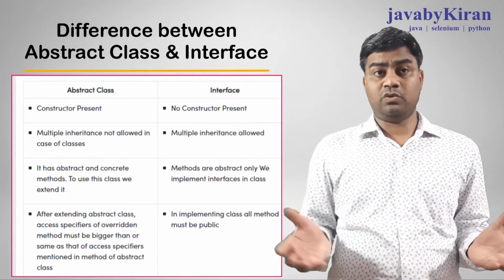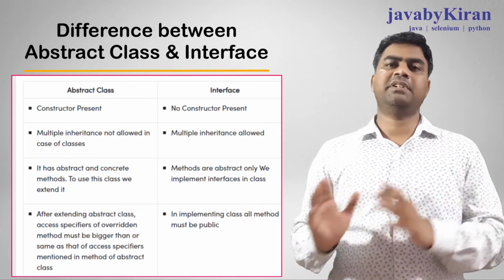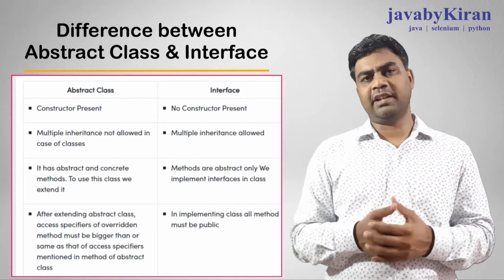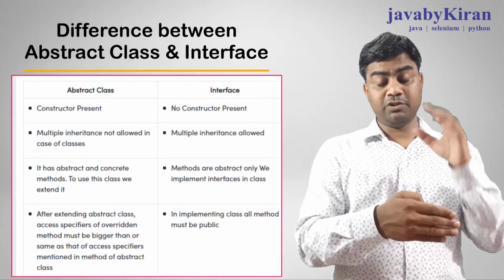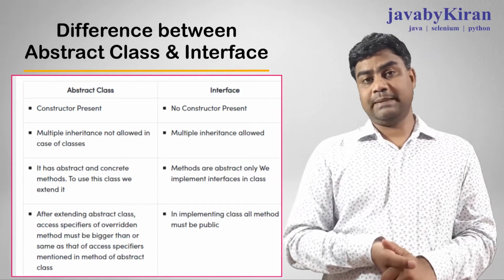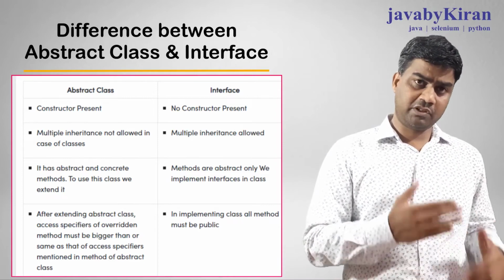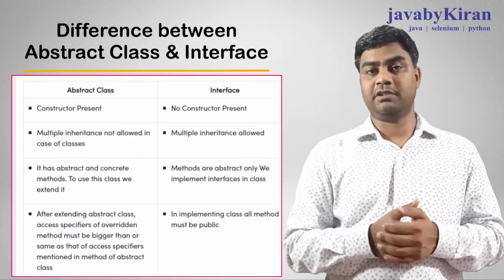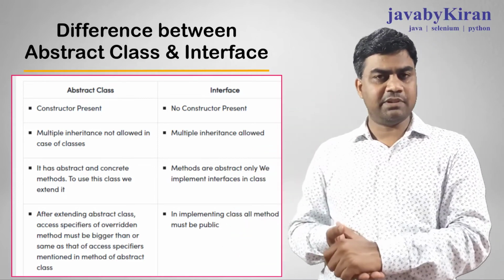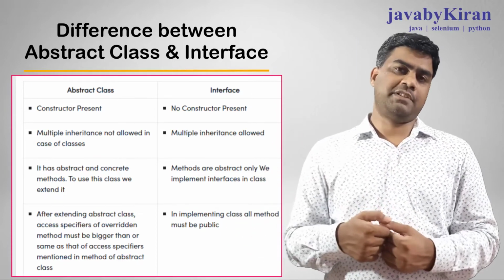In access specifiers also, in an interface you must have all methods with access specifier public, but in an abstract class it's not needed. One more difference you should remember: whenever you implement an interface you must write all methods as public due to the overriding concept. You know, in overriding you should have the same access specifier as the overridden method or a bigger one than the superclass method. But in case of an abstract class it's not needed, because an abstract class can have default methods as well. So when you override you can have default as well as public access specifier, which is bigger.